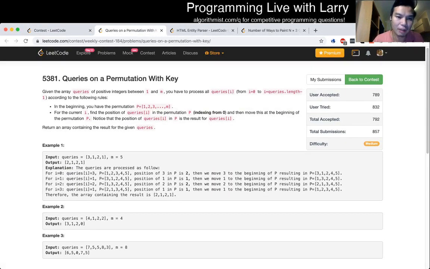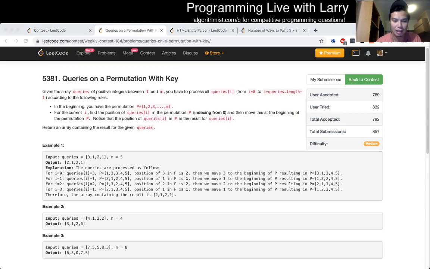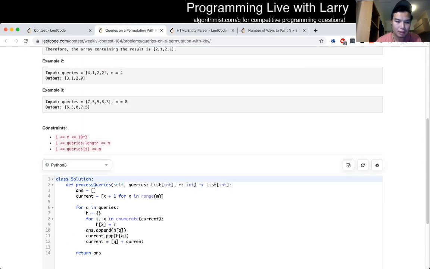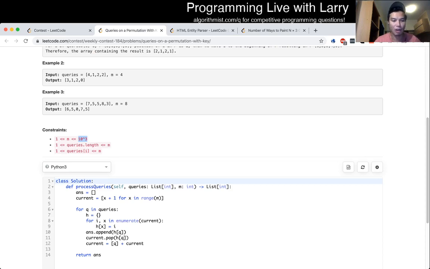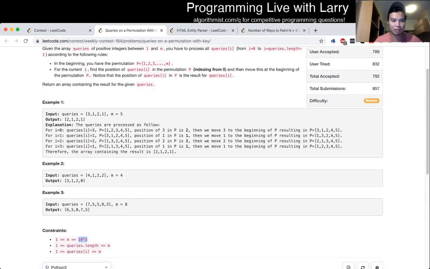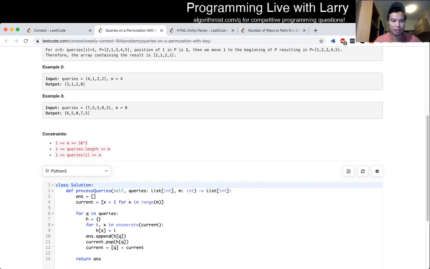So queries on a permutation with key, I spent about 4 minutes 47 seconds on this one. So again, I think this was an exercise in just looking at the constraints. I saw that m is equal to 1,000, so I did a very naive thing again, where I just simulate the problem, right? I literally create an array of size m, from 1 up to m, and then for each of the queries, which is also m of them,